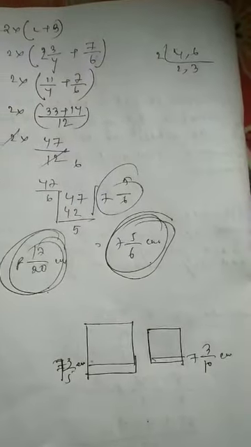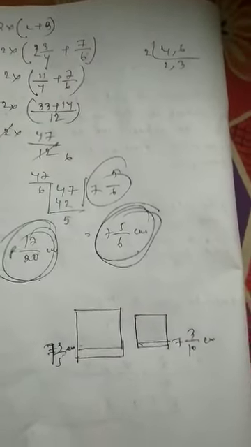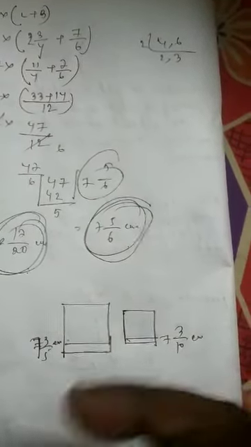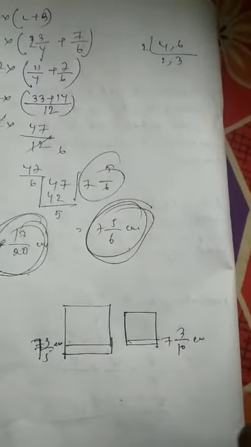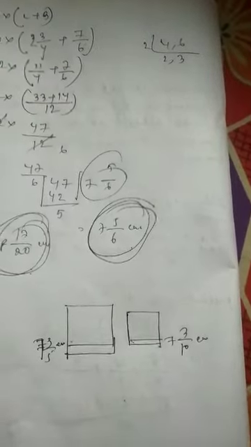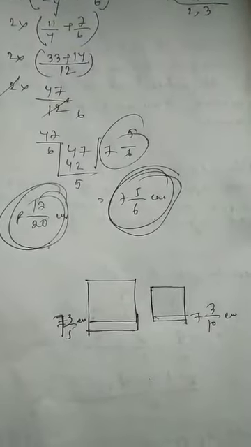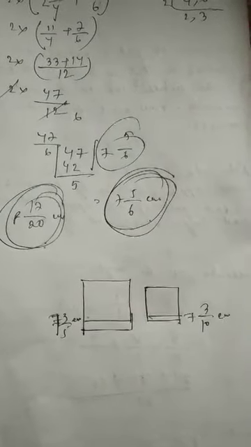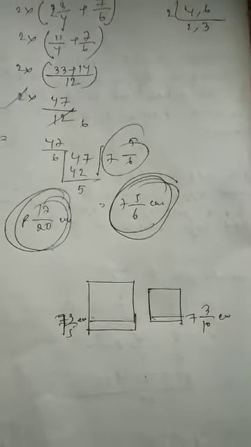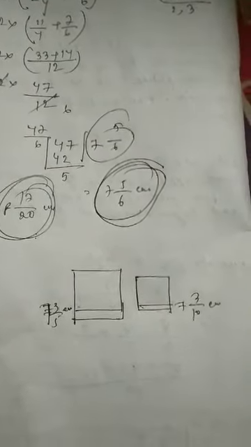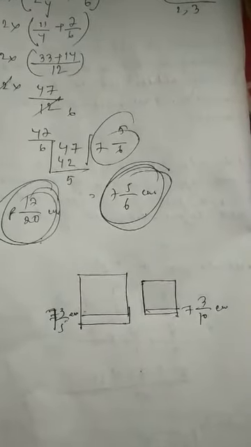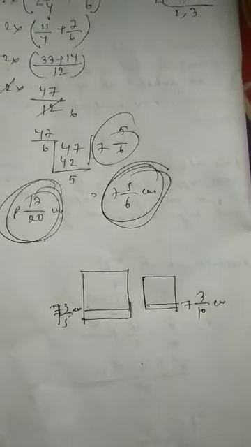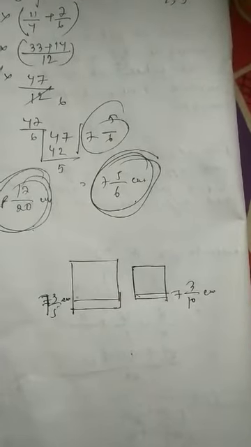So obviously by seeing this, it's understandable that if I subtract 7 3/10 from 7 3/5 centimeter, that much only needs to be trimmed from the picture. If the width of the picture is 7 3/5 centimeter, that is never going to be fitted into 7 3/10 centimeter. So how much 7 3/5 centimeter is larger than 7 3/10 centimeter, that is to be found. And if I need to find this, I have to subtract 7 3/10 from 7 3/5. Let us check out.